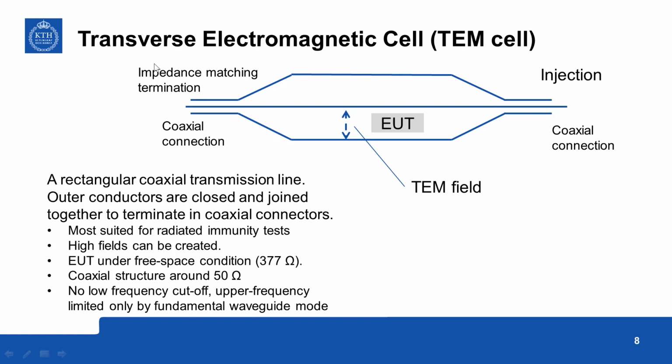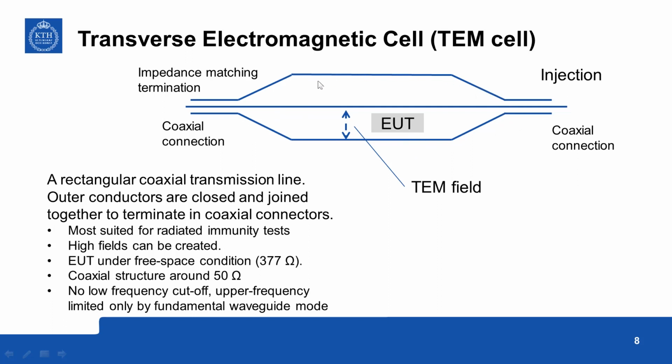Another test equipment is the TEM cell, transverse electromagnetic cell. Here the principle is that you create a transverse electromagnetic field in a coaxial structure. We have seen what is meant by a TEM field while talking about uniform plane waves, transmission lines, etc. So this is actually a transmission line, a coaxial transmission line. So this is formed by